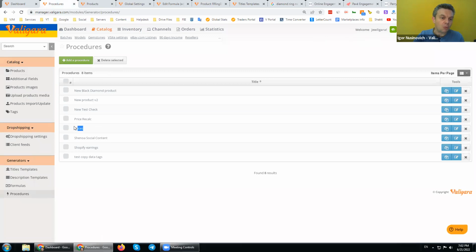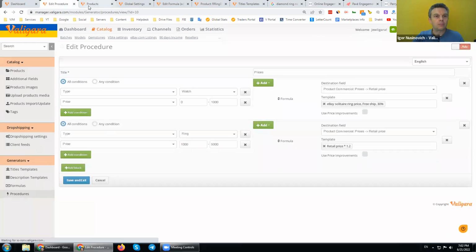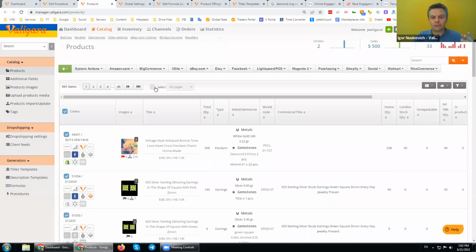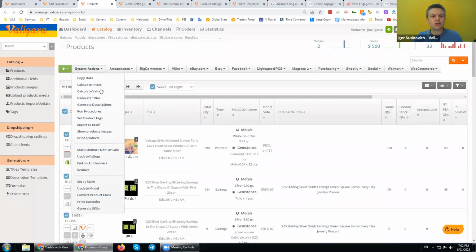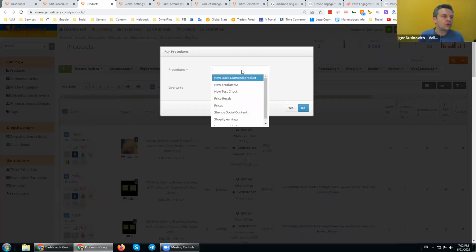So here, for example, I want to quickly recalculate all the prices. I want to take all my products. I have 900 products now. System action: I want to run a procedure which will recalculate all the prices. Why? Because I have a new cost structure, because I have a new supplier, because the gold prices went up.